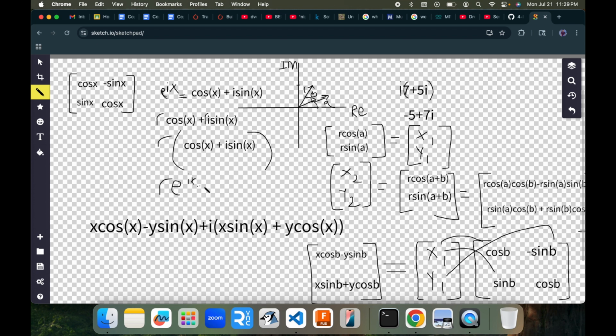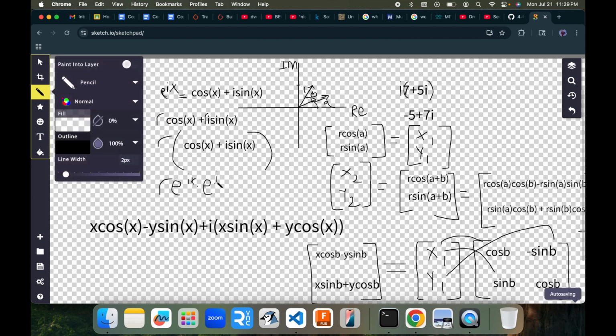And then if you multiply by e to the i theta, because this is a new angle that you want,